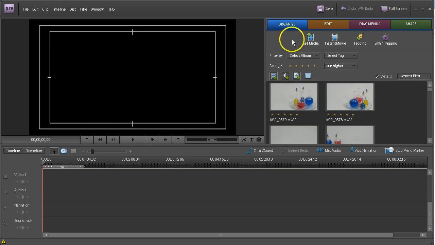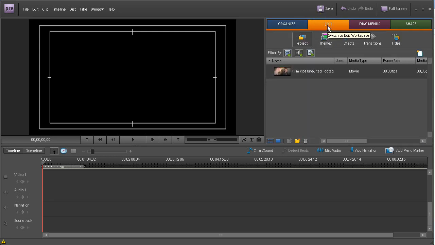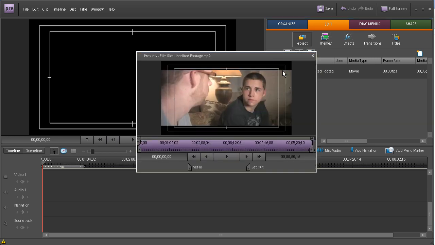Now nothing's changed here because we're still in the Organize tab, and it shows me thumbnails of anything I've ever used. We now want to go to the Edit tab, the Edit mode of Premiere Elements. And in the Edit mode, we can see the clip we just imported. I'm going to double click it because we get a little preview window. And instead of just dragging this clip directly in and starting to cut it up, we're going to cut this